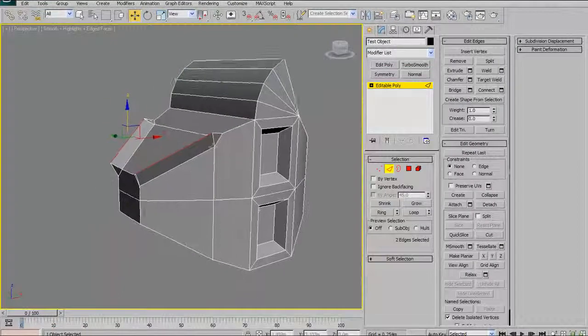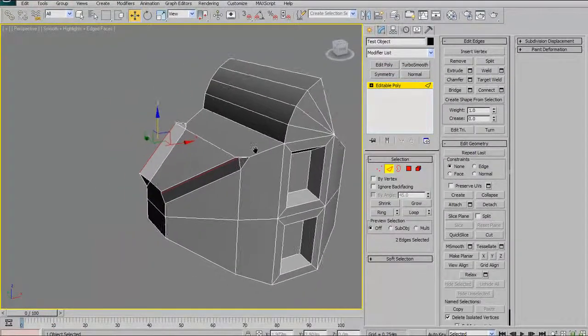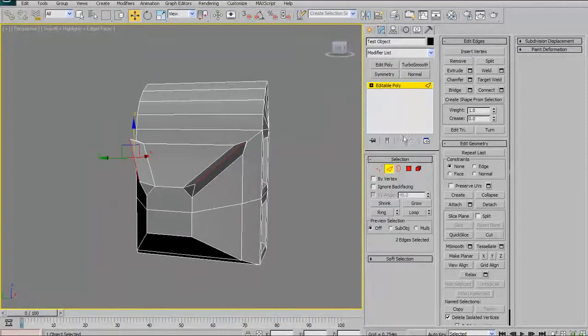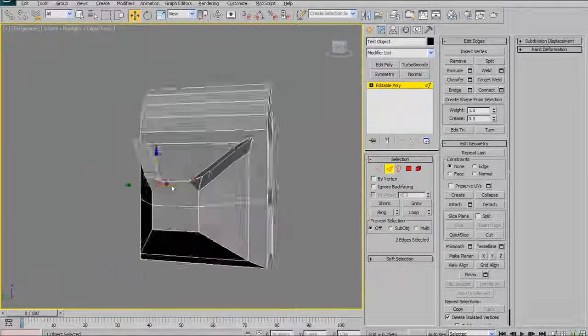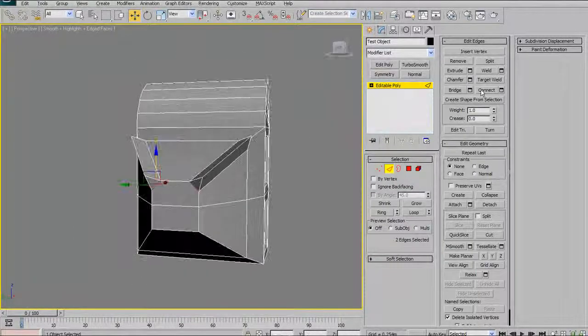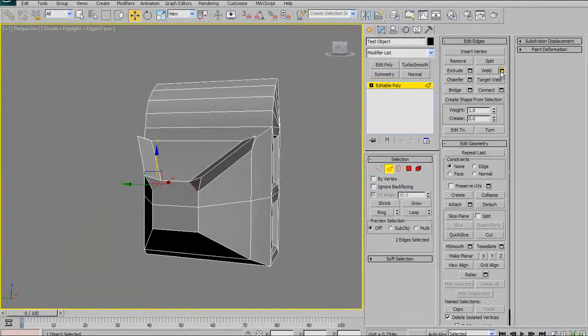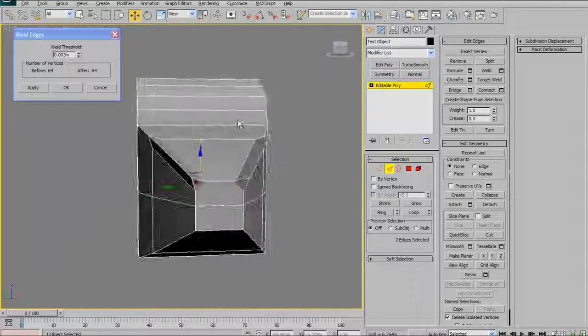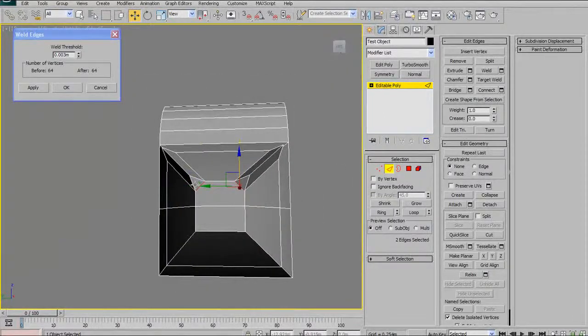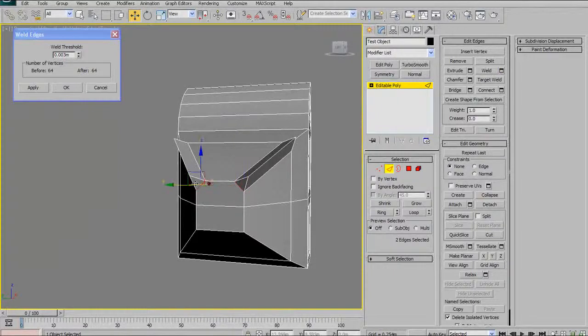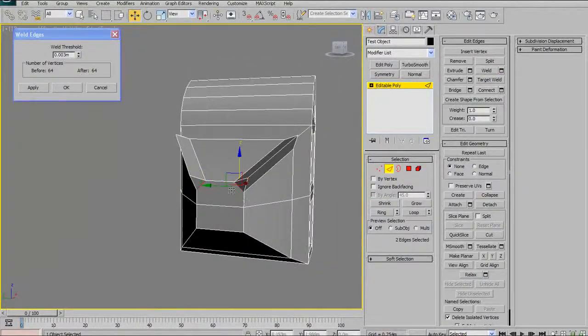So while we're on the topic of triangulating, that will bring me to my next point, which is I'm going to show you the weld dialog. With the weld dialog, you can weld on faces, you can weld on edges, and you can weld on verts. Basically what the weld does is it will weld the vertices that correspond with your selection based on a threshold. With these two edges that I've selected, they each have two vertices that correspond to them. If I wanted to collapse those vertices or weld them together, I could select my edge selection, and then I could crank up my weld threshold. And when I get to a certain point,